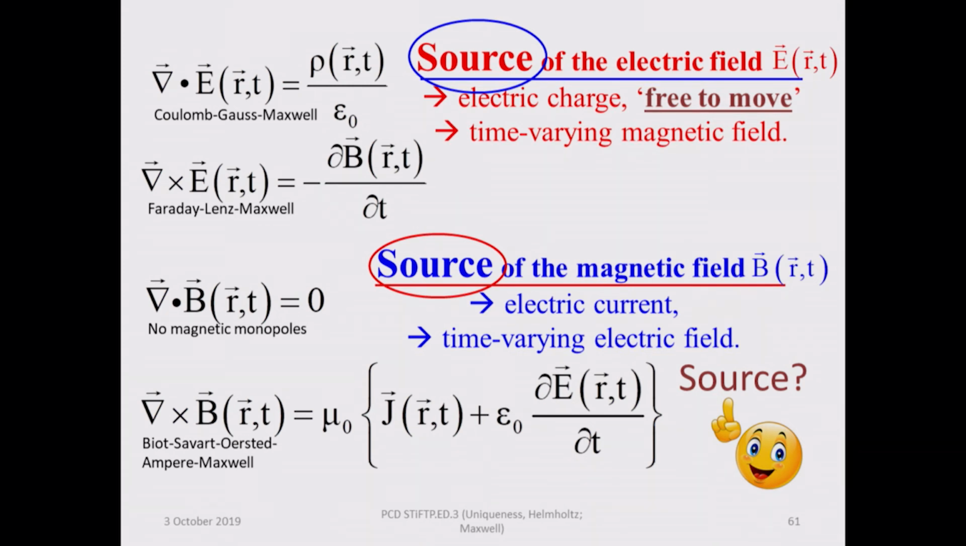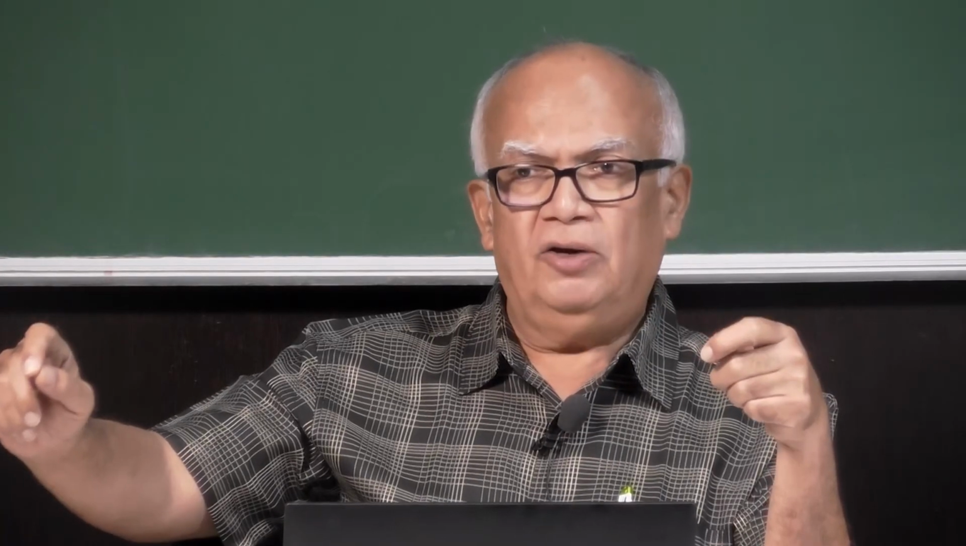Is this electric field any different from the electric field generated by a charge like a charged particle? No, it is exactly the same field. There is absolutely no difference. Likewise, the source of a magnetic field is an electric current, as was known to Ampere, Biot, Savart,